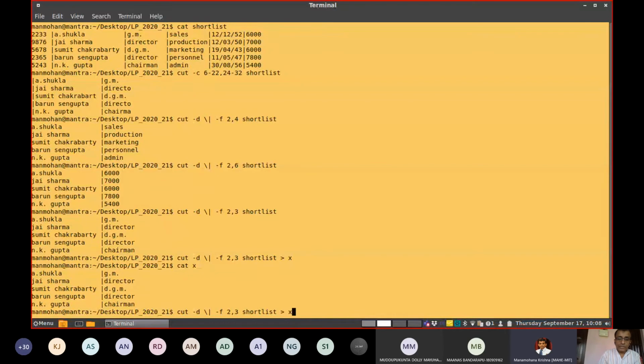But in case you use the tee command here, instead of this greater than symbol, if you write tee and a new file name X1, now what happens? You have to pipe this command.